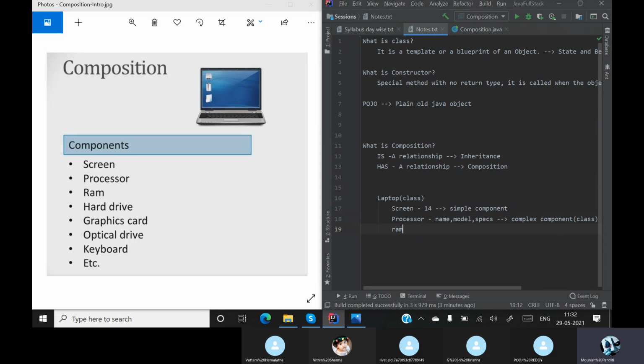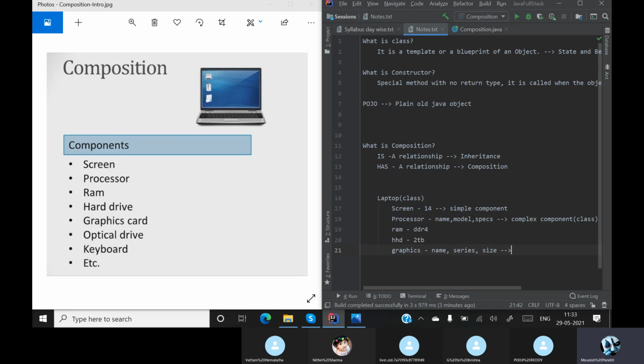So you can have a RAM, it may be of type DDR4, and a hard disk, HDD, and it may be a 2 TB hard disk. Graphics: again when you come to graphics, a graphic card will have a name, it will have some series, and it will have a size.